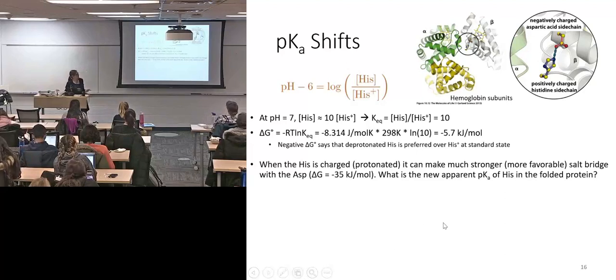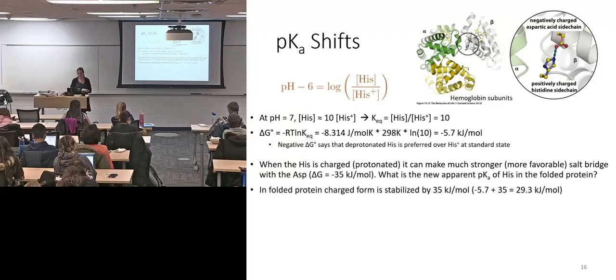What is the new apparent pKa of histidine in the folded protein? I want this new number here. pH is still 7 in the body. I need you to figure out, from a new value of delta G, a new KEQ, which will be this piece inside, and spit out what the new apparent pKa is, since I'm telling you 6 was not real life. And I'll give you this little hint here because I don't think anyone gets this step